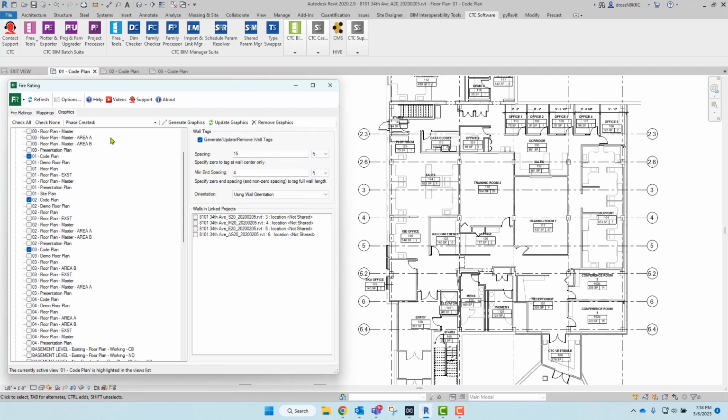Speaking of graphics, we'll go to the third tab. This is where you select which plans or views you want the graphics to be applied. In this instance, I have an 01 code plan, an 02 code plan, and an 03 code plan. The next set of settings,